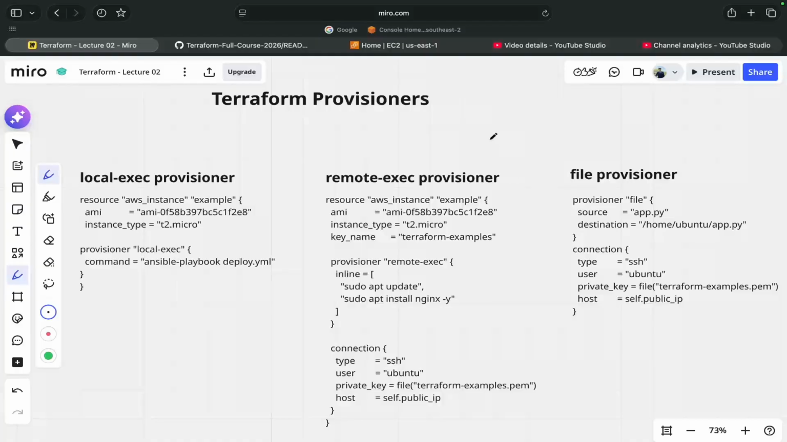The provisioners let you execute scripts or commands on your local machine or on a remote server, okay? Or maybe if you want to copy some files to your infra,